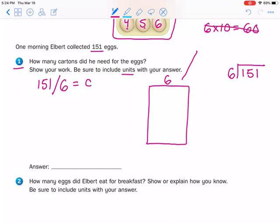I want something to get me closer to that 151. So I'm going to do 6 times 20 is 120. That's getting me close. So I'm going to go with 6 times 20. So 6 times 20 equals 120. So I'm going to put 20 on the outside, and I'm going to subtract 120 from